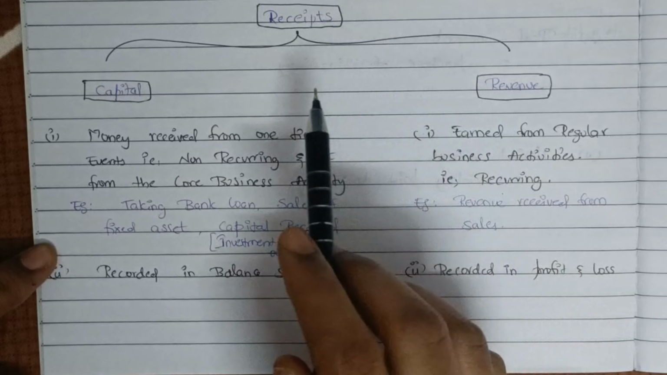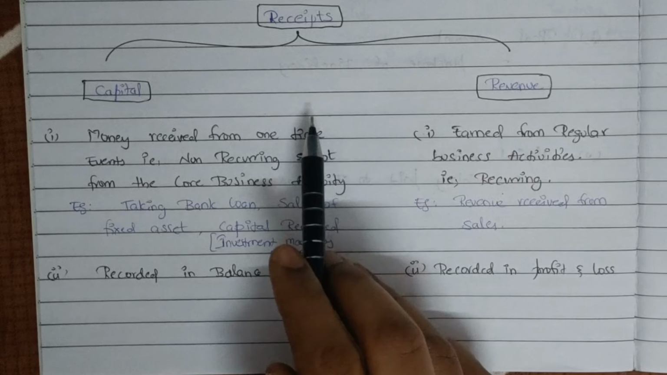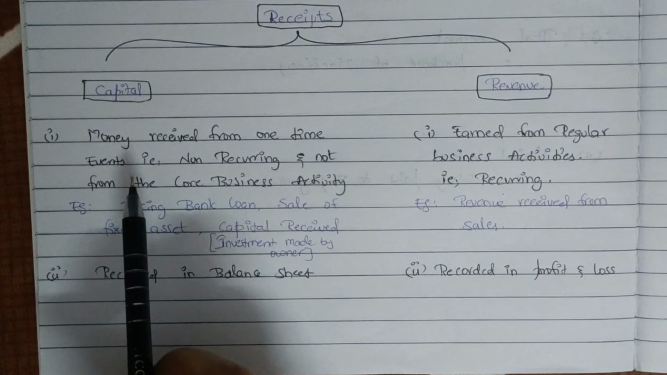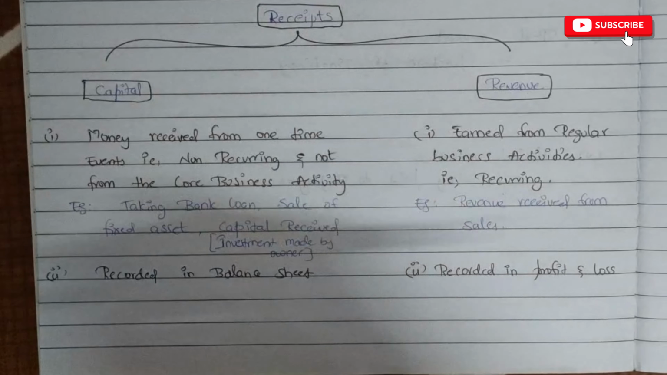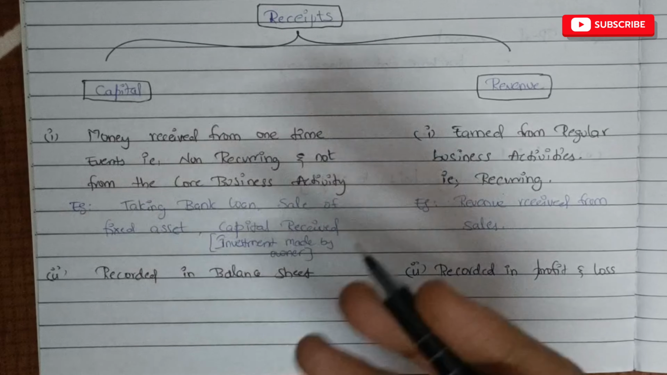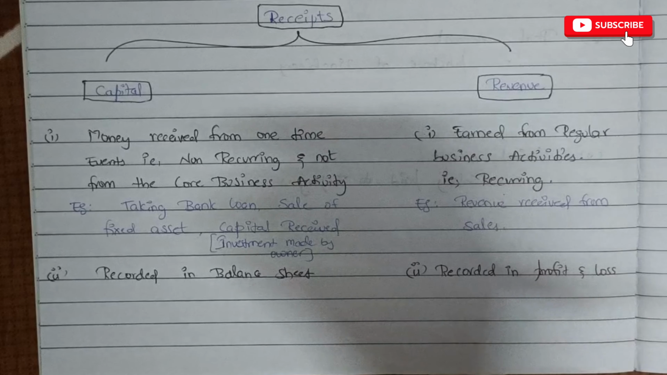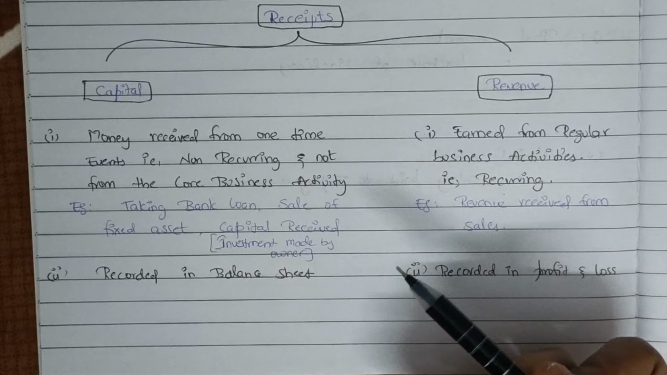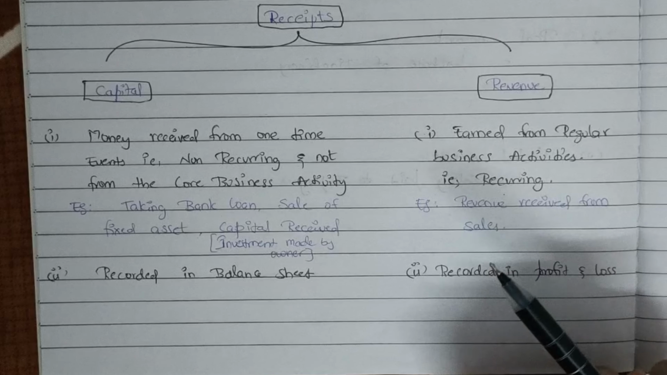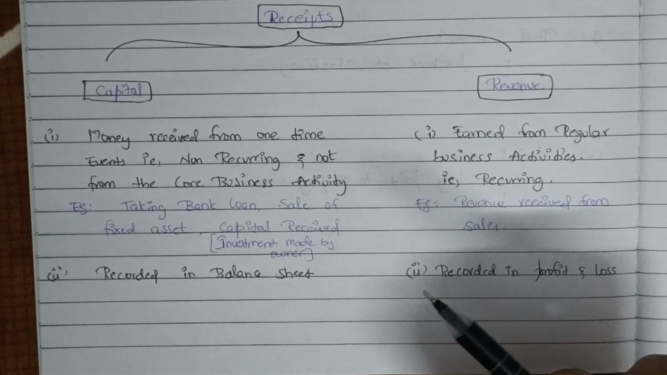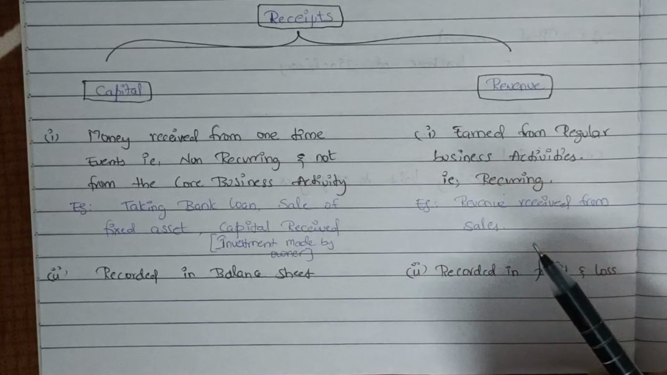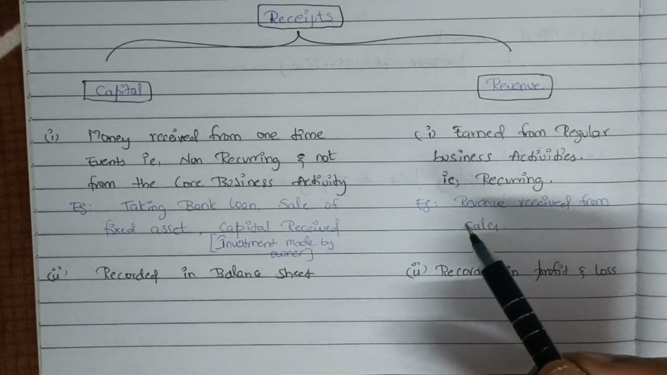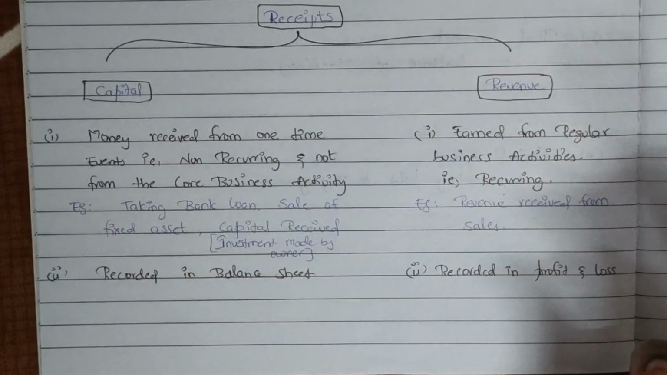Same as expenses, receipts are of two types. One is capital and the other is revenue. Capital receipts are the one-time amounts we receive, which are not part of our regular business. For example, in our restaurant business, if we are thinking to expand our business and open a new location, we need some money, right? We don't have money. So we are planning to take a loan. Whatever loan we take from the bank for the purpose of expanding our business will be termed as a capital receipt